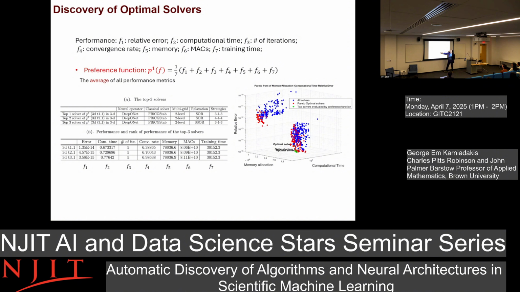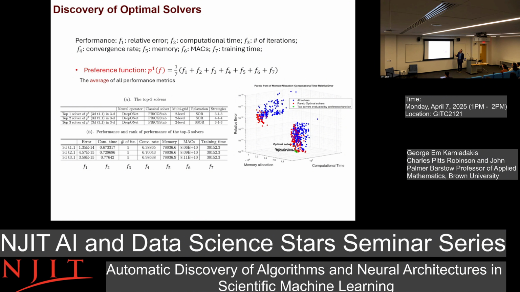And this table here tells us that the top solver was to use a neural operator DeepNet, to use this FPICG stack, to use 2 levels of multigrid, successive over relaxation, and then do 3 smoothings, use DeepNet, 3 smoothings again. Now, it will take a graduate student about 5 years, about his PhD, to come up with this, to beat that. Here we can do it after you establish the Pareto front, you do it in 1 second, which is the MATLAB part. And the same thing, the second best, using the same reference function, you find something different, and so on. And you can see here all the metrics.